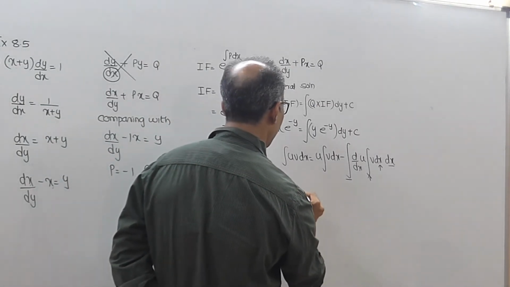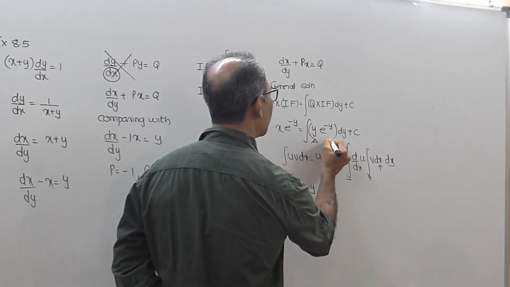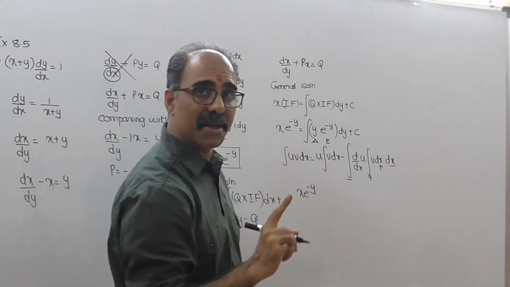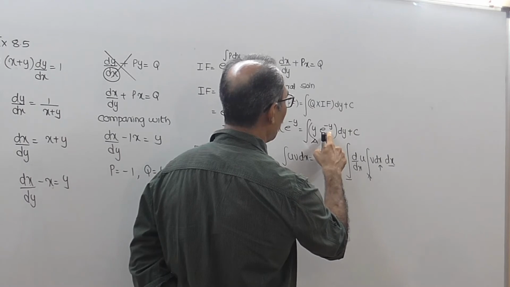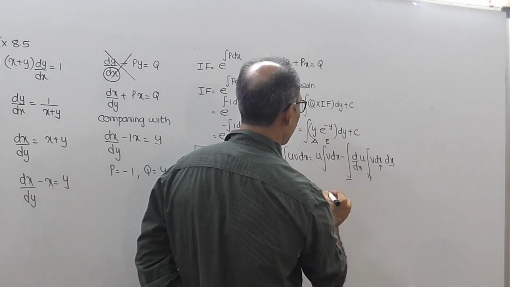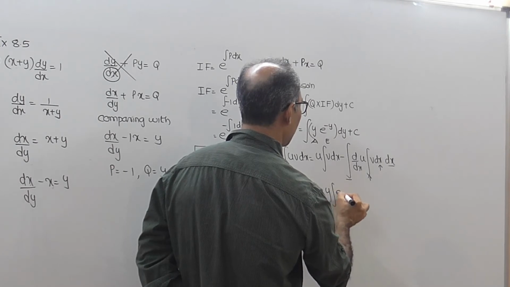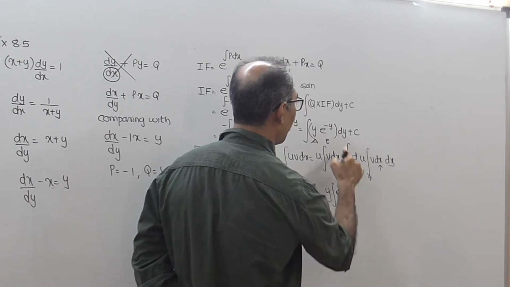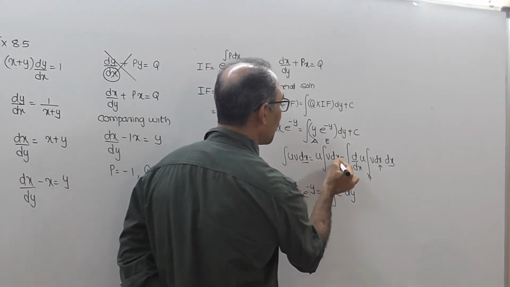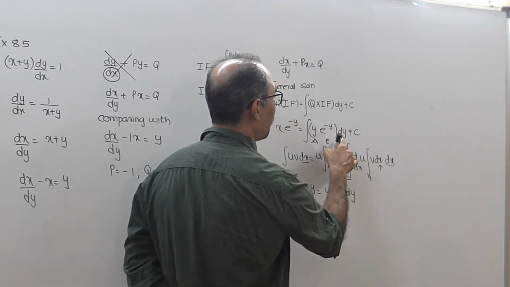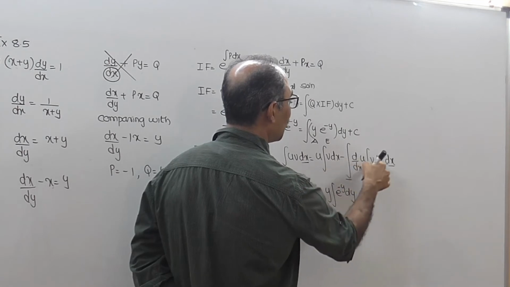So now this becomes x. This is your algebraic and this is your exponential. It is already in the arranged form. So the first one is u, the second one is v. So this will be y integration e raised to minus y dy, because we are integrating with respect to y. See, if you are integrating with respect to x, everywhere you will have dx, and if you are integrating with respect to y, everywhere you will have dy. That means all dx will be replaced with dy.